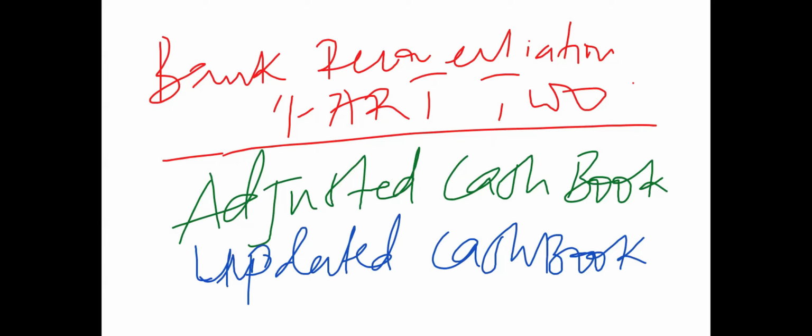But when you're looking at the adjusted cash book, the main factors that we are looking at are the ones that are arising from the cash book itself. But before we look at that, let's first look at the format